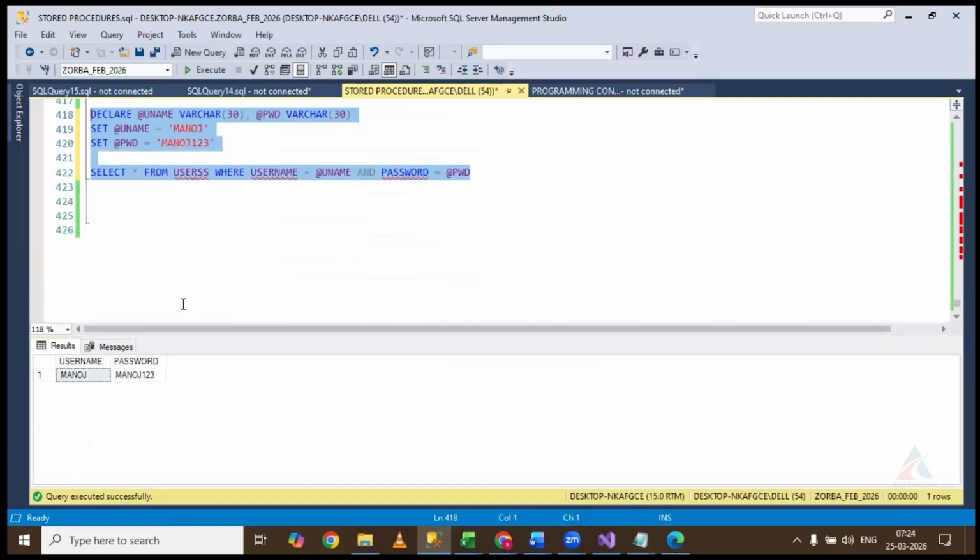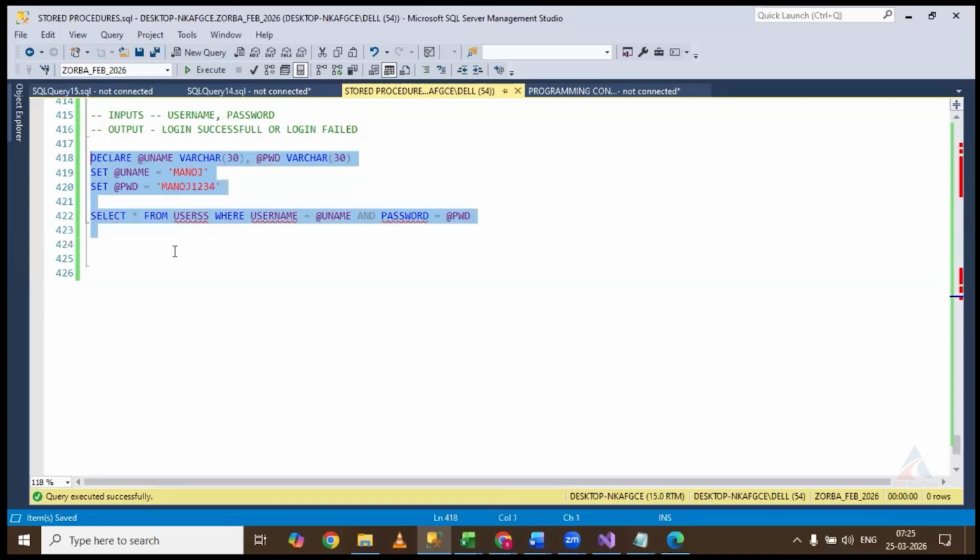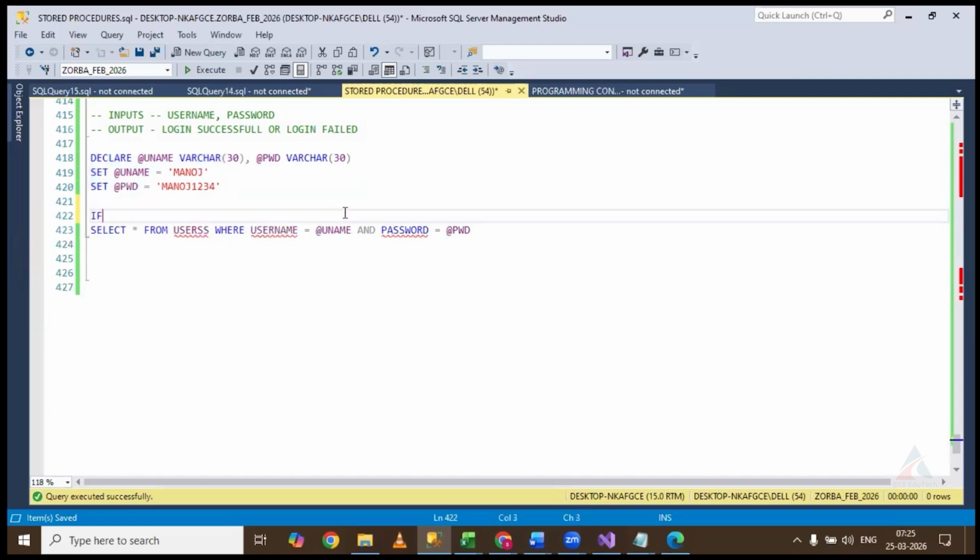Are we getting data? Yes, sir. Now I will give something else. Manoj is there, but the password is wrong. So it is not giving anything. So here, first level, I'll show you the next level also. Okay, first level is if username and password are wrong, it has to print user does not exist. Okay, or login failure, basically, login failure. So if